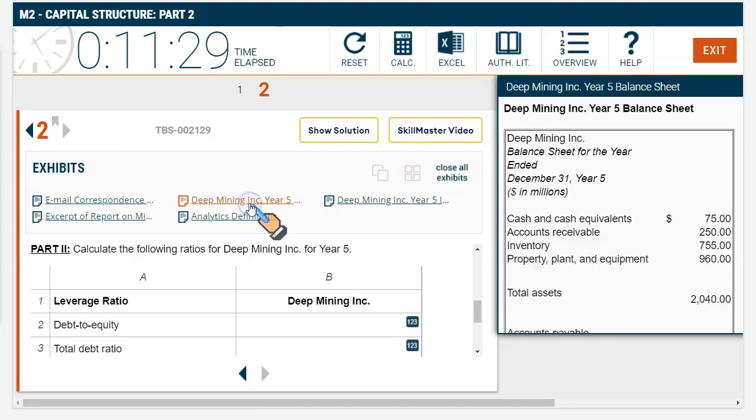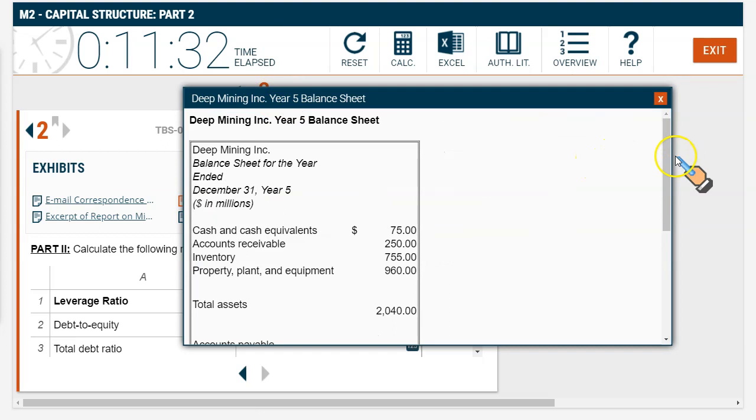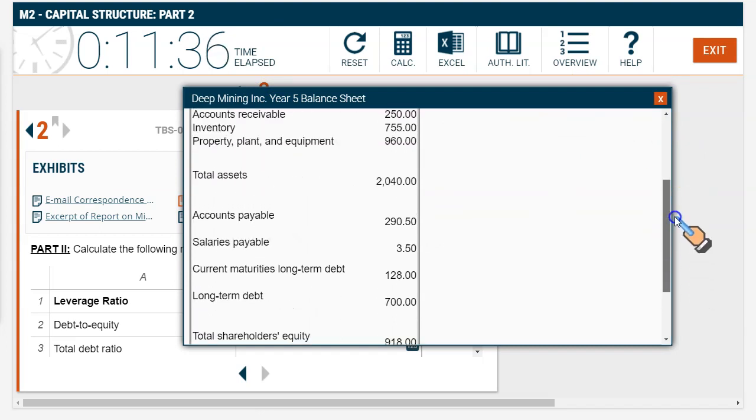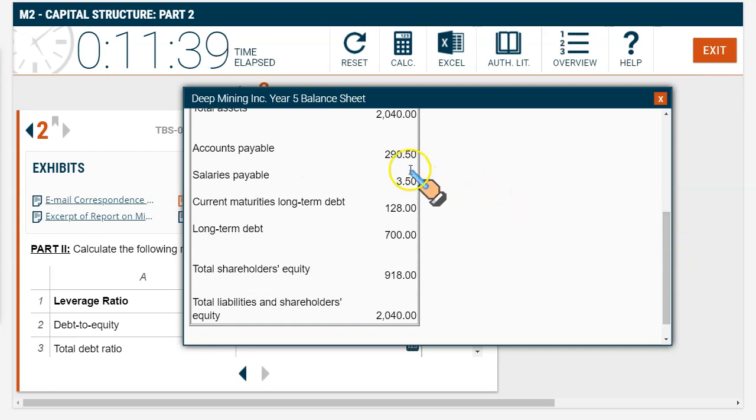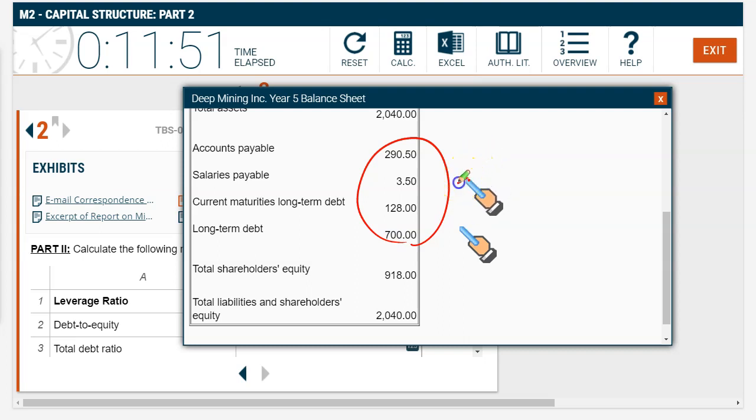Deep Mining year 5. Okay, this is the balance sheet for Deep Mining, and this is what we are interested in. This is the total debt side here. 290 accounts payable, salaries payable, current maturities of long-term debt and long-term debt. All the current and non-current debt to be taken. If you add this 290.5 plus 3.5 plus 128 plus 700, it gives you total debt of 1122. To be divided with equity, because we want debt to equity, equity is given right here, 918. So pretty straightforward. So if you simplify 1122 divided by 918, you get